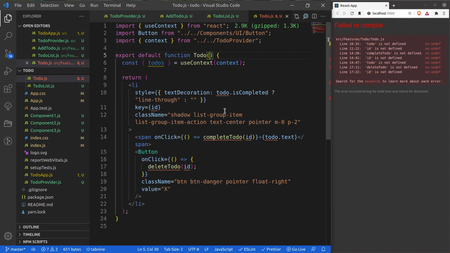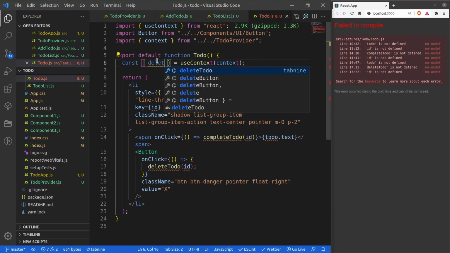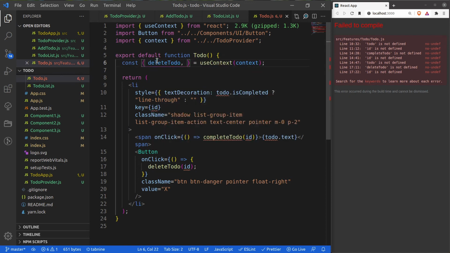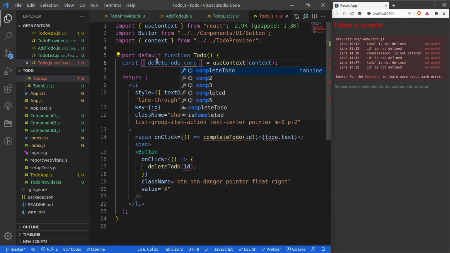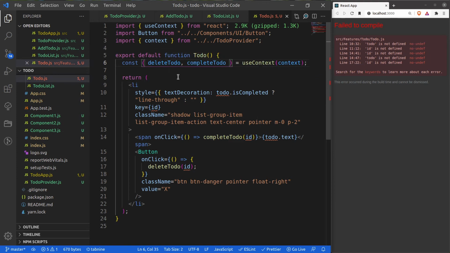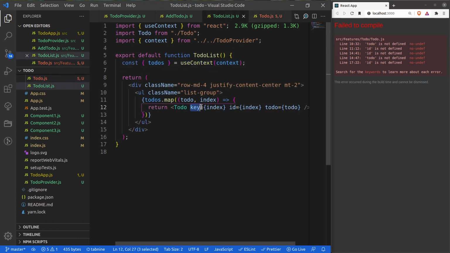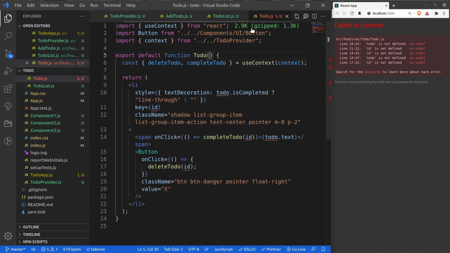So it is giving the error that it is not available, but instead we are going to use delete to-do and complete to-do. Okay, so actually guys, I have removed all these props, but you can see that it is actually requiring key ID and to-do prop, right?